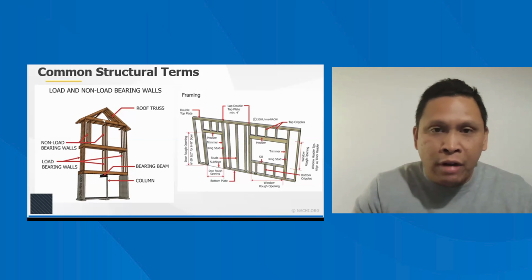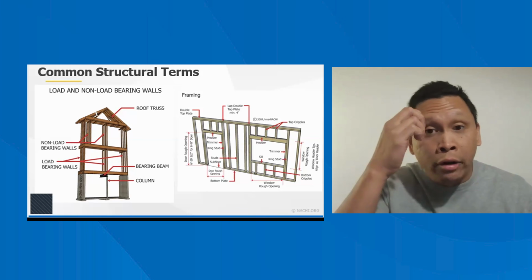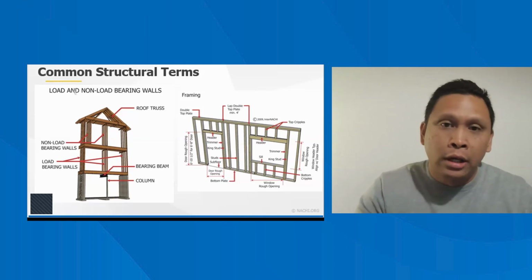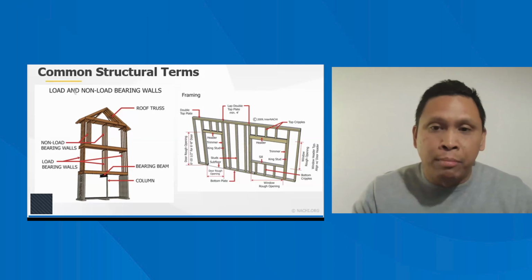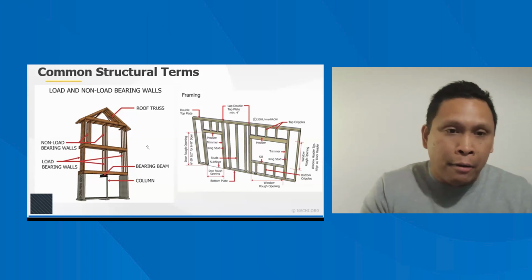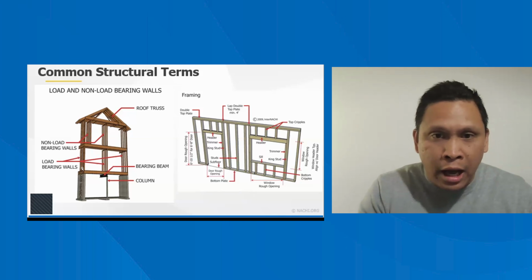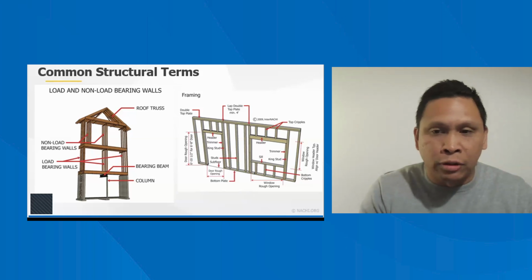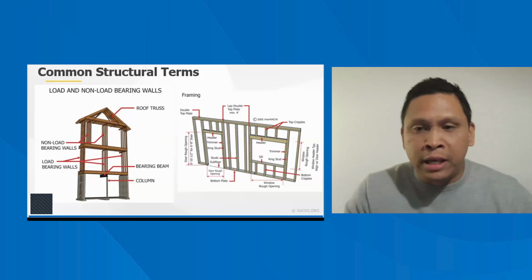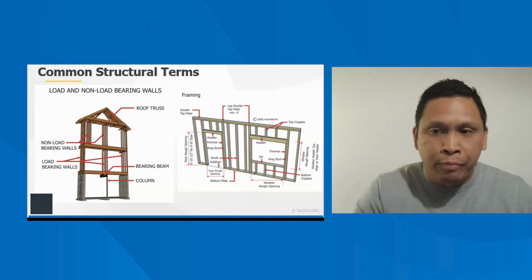So you can see at the very top here, those are trusses that are sitting on top of that load bearing wall. So trusses designed by structural engineers and their architects to be able to carry a certain load of that roof system. And then right here, you've got a bearing beam helping to support the flooring system. It could be steel, it could be wood, it could be engineered, but it's helping to support